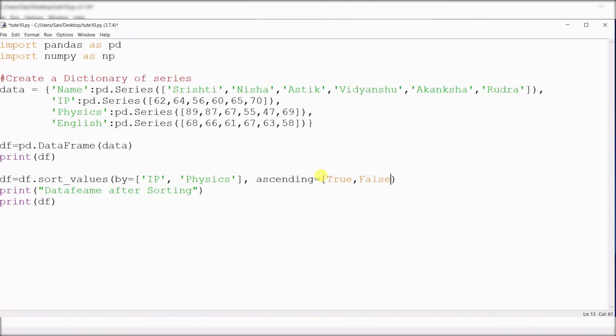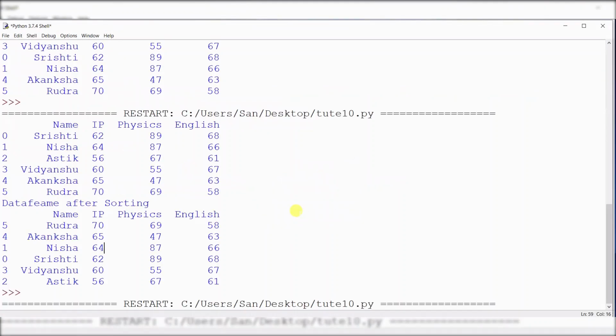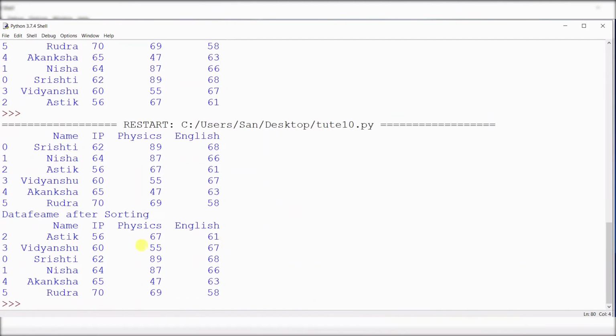Then close the bracket. Now run your program. What will change in your program? Look here, IP in ascending order and physics in descending order.